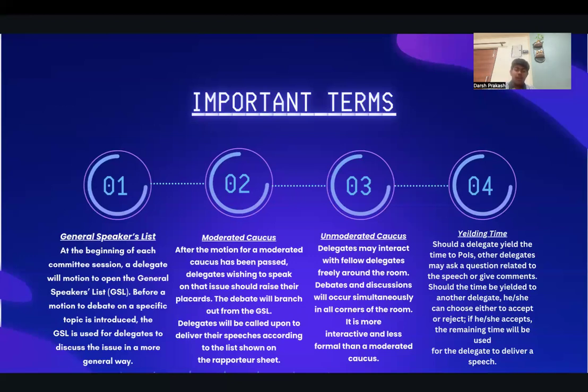Okay. Now a question arises, what is a moderated caucus? So moderated caucus is basically a subtopic that you derive from the main agenda. For example, again, taking climate refugees. From climate refugees, you need to derive different subtopics on which you need to deliberate in the moderated caucus. A subtopic for this can be deliberation upon addressing the loopholes of certain refugee policies, right?